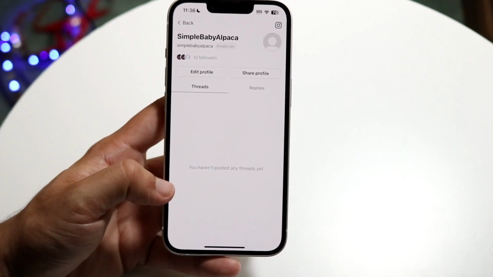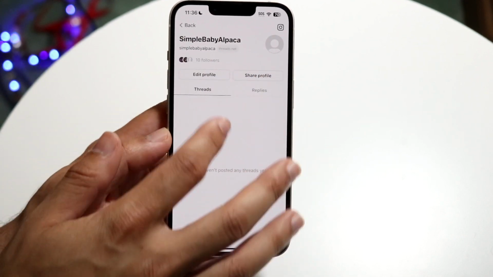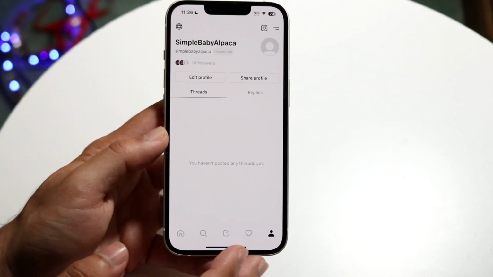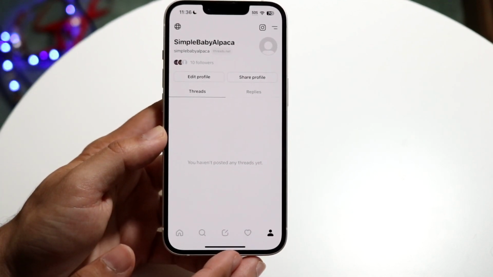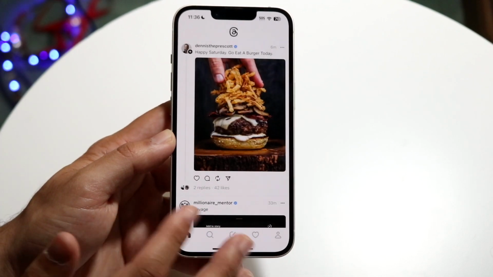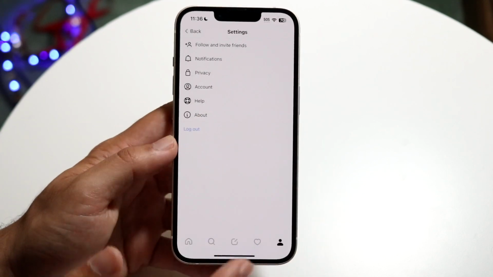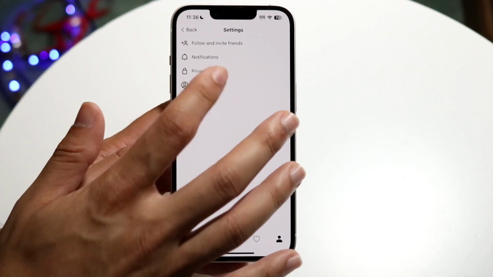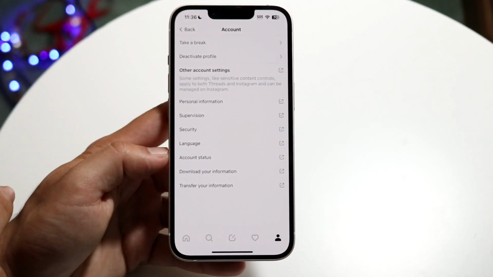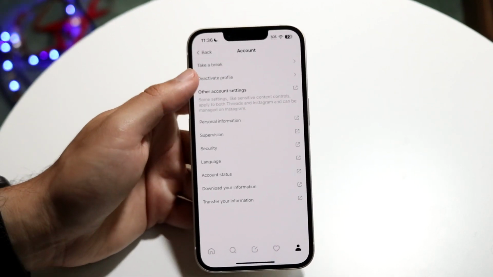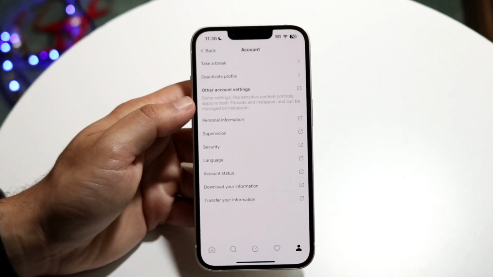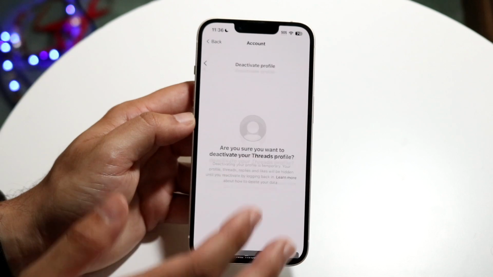So this article basically says the same exact thing that I just said. If we make our way over to our Threads profile though, the weird thing is, you can click on your Threads profile by coming into your main panel right here. So you'll see your profile at the bottom, you'll see all your threads and everything up here. But if you click on the top right and then click on account, you do have the option of deactivating your profile. So there is that deactivate profile option right here. If I click on it, watch what happens.